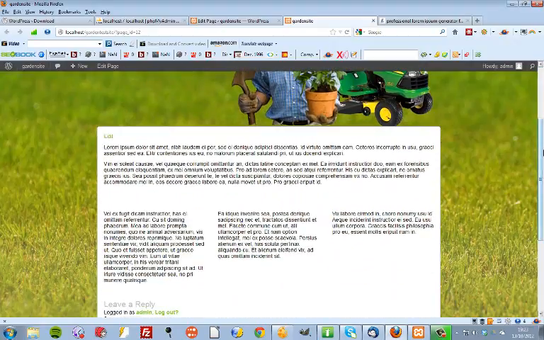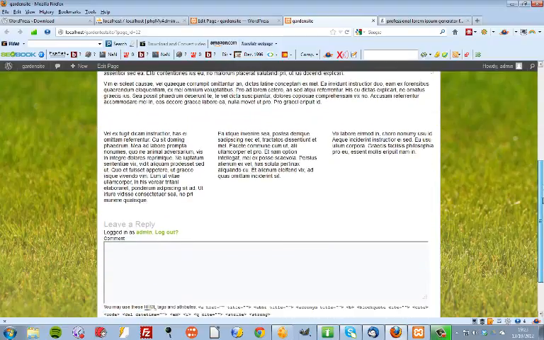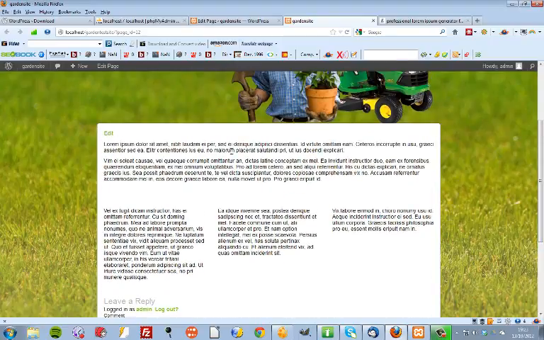So again, that may be the way that your client wants it for their home page. They might want the sidebar to appear on the inner pages of the site, but the home page they may want a layout such as this, no sidebar and the content split into columns. And this is a very easy way